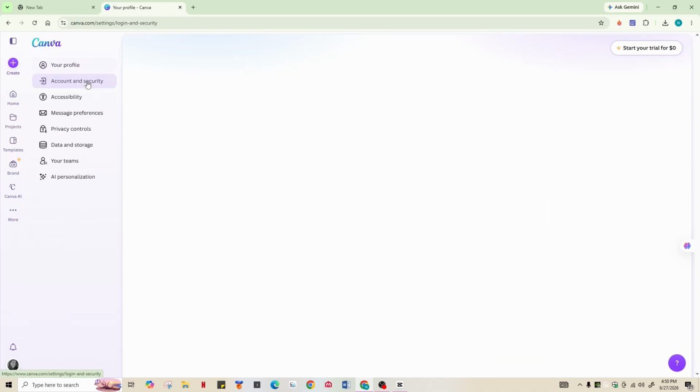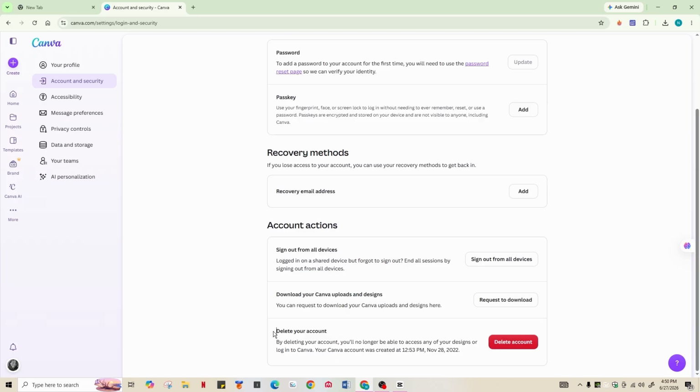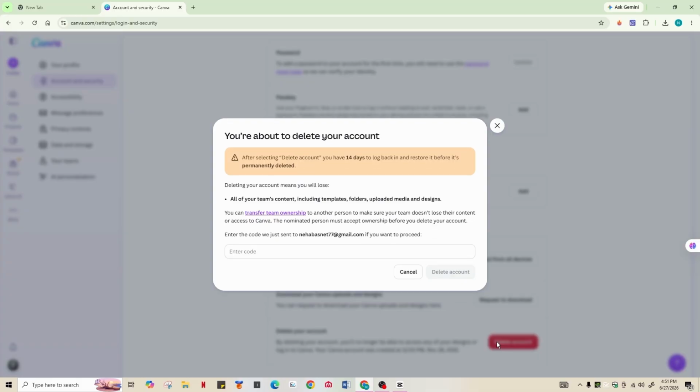And from here, select account and security. Scroll down and you'll get the section of delete your account. Remember that by deleting your account, you'll no longer be able to access any of your designs that you have created on Canva. And you also won't be able to log into your Canva account. So if you are sure you want to delete it, go ahead and select delete account option, which is highlighted